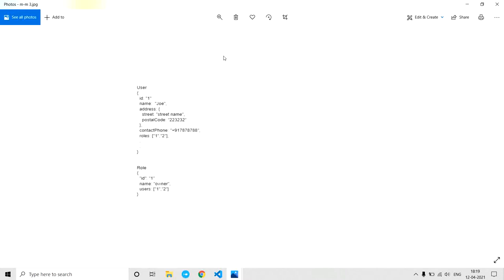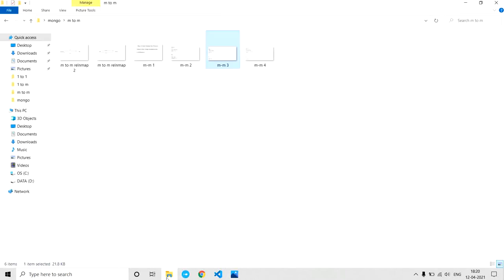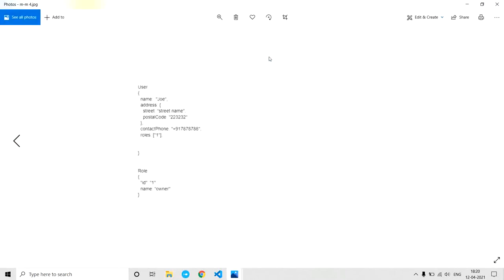Because it's pretty uneven. We have one role and we are going to store lakhs of user IDs in this one document, which is bad. So this type of relation, where we have unequal quantity in both the collections, we call it N is to M, not N is to N or M is to M. So what is the solution for this kind of relation? It is pretty simple.